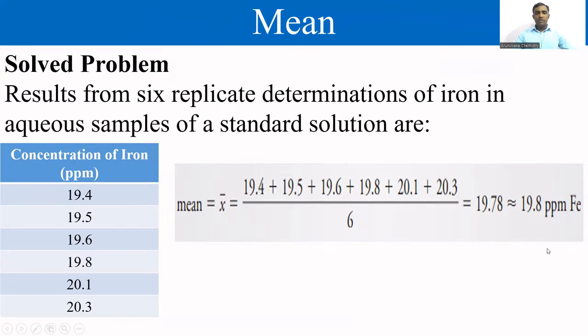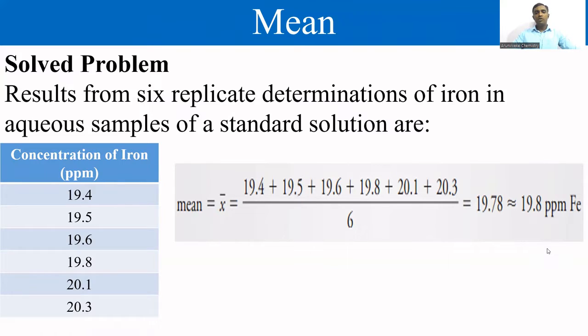In this solved problem, we are going to see how to calculate the mean. The results of 6 replicate determinations of the concentration of iron in aqueous samples of a standard solution are given here. There are 6 different replicates of the experiment, that is nothing but 6 different readings taken while determining the quantity of iron. So all these values are presented here. The concentration of iron is recorded as 19.4, 19.5, 19.6, 19.8, 20.1, and